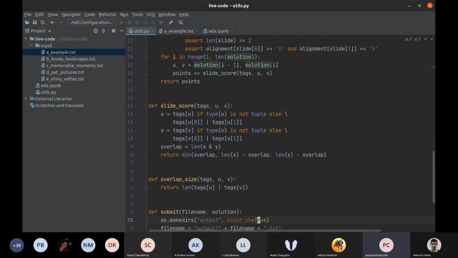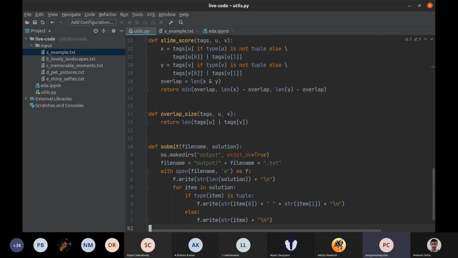Anyway, then we have some other custom functions, and finally we have a submit function. Again, a very straightforward function. This will always be there in your Hash Code code. You will take the input file and the solution, and output it to another file. You can eyeball it to understand that I am taking the solution and outputting it to a file. Again, very relevant. You will need to do this a lot of times to be able to submit quickly, and there will be times in the last 2 hours when you're just frantically submitting. So you will need this function to be able to output and submit.